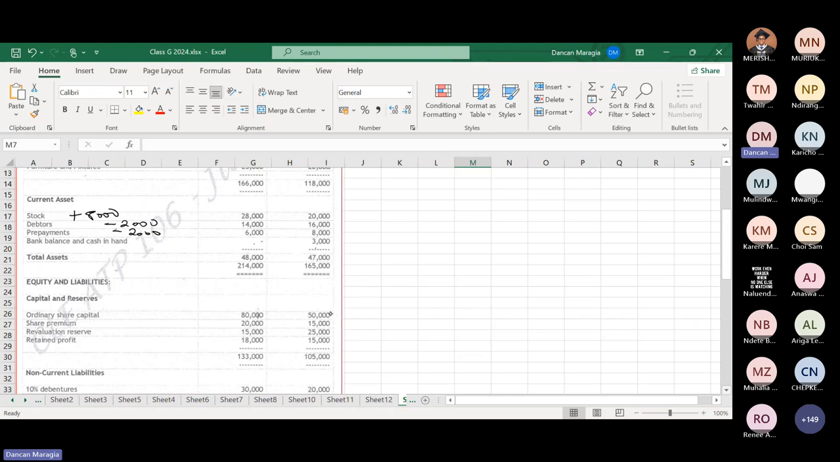Ordinary share capital. Last year we had an ordinary share capital of 50. This year we have ordinary share capital of how much? 80. 80,000. That will indicate many things. We have given new shares, correct? Or appreciation in shares. Now, what you realize is that even if shares appreciate in the market,